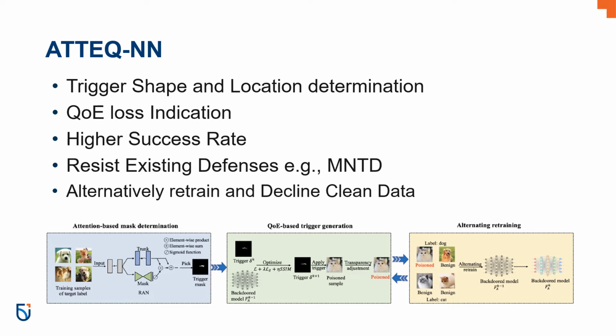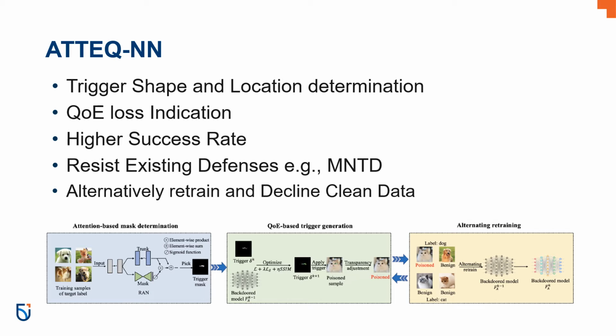This figure shows the ATKNN architecture, which features an attention-based, QoE-aware backdoor attack. It uses an attention mechanism to pinpoint the critical region of the image as a trigger mask, introduces a QoE term in trigger generation, and adjusts transparency to evade human inspection. ATKNN preserves a success rate of 92.5%, according to the authors, even after the original backdoor model